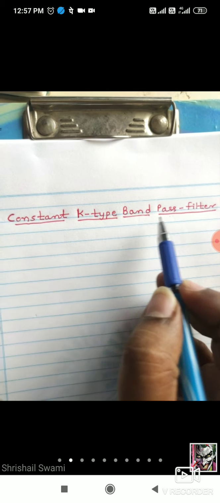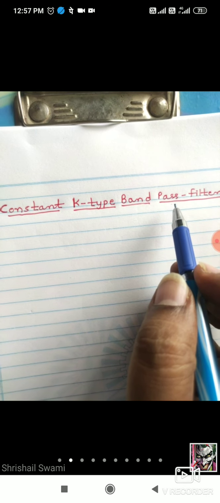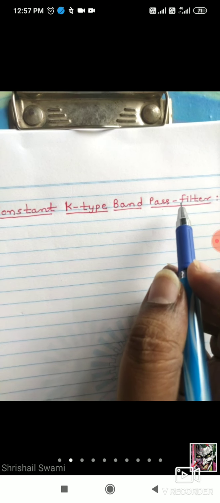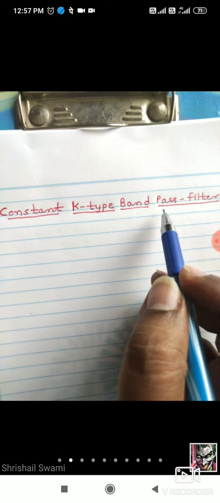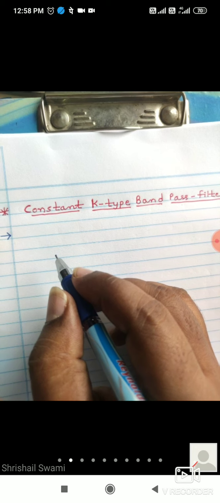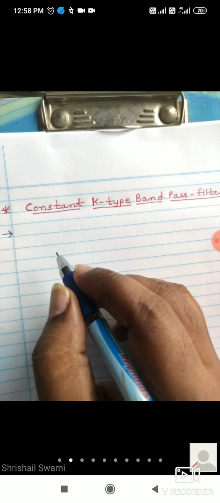So first of all, what is the band pass filter? How many cutoff frequencies are there? One or two? How many cutoff frequencies are there in band pass and band stop? Yes, that is lower cutoff frequency and higher cutoff frequency, that is F1 and F2. Understood? So already you know the characteristics, pass band where it is, attenuation band where it is.